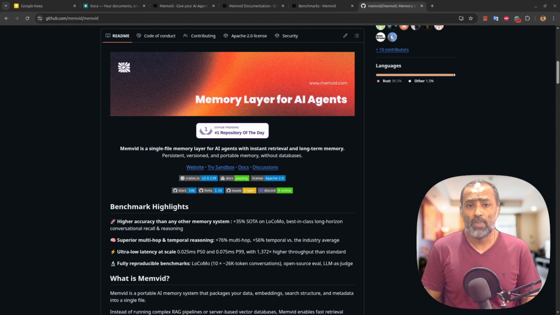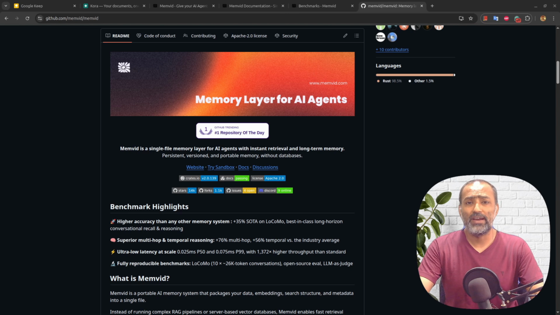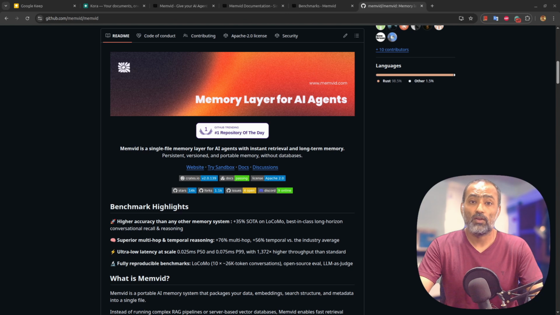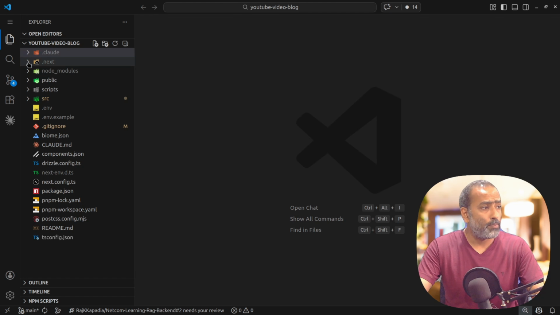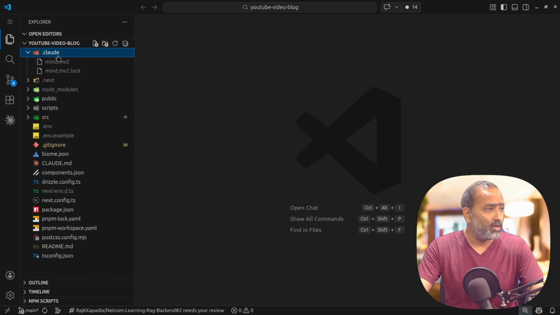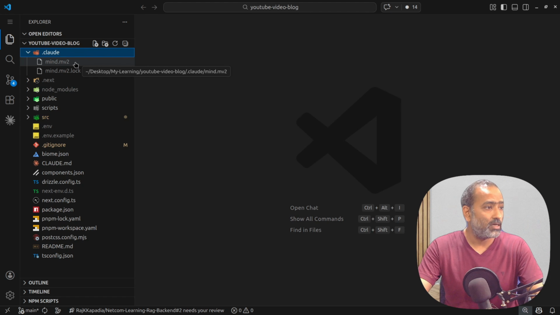This is where Memvid comes into the picture, a single file memory system for your AI agent or RAG pipeline. Before we move forward and understand a couple of use cases and the platform itself, let's see a demo and I'll explain what I meant by a single file memory for your AI agent. I am here on my project and you see there is a .Claude folder and it has two files, mind.mv2 and